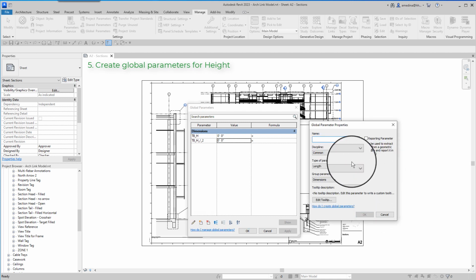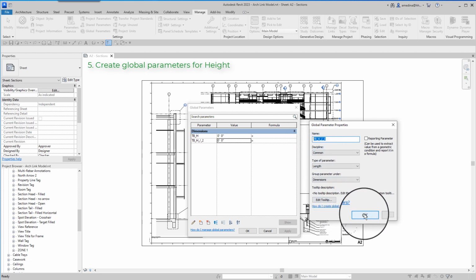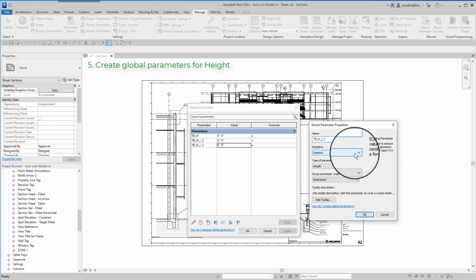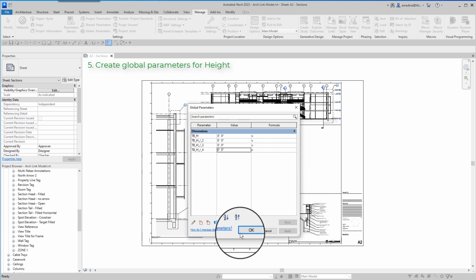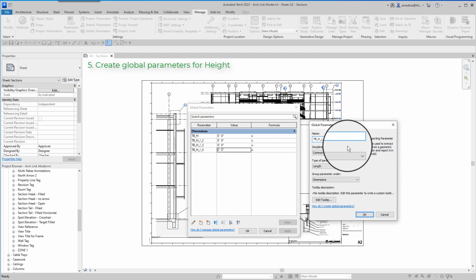And let's create title block height divided by 3. And I am going to copy this. And I need also title block height divided by 4. And I need something such as 2/3.